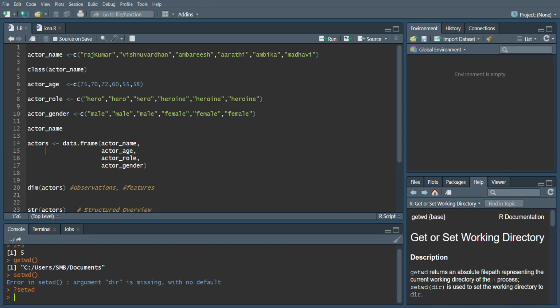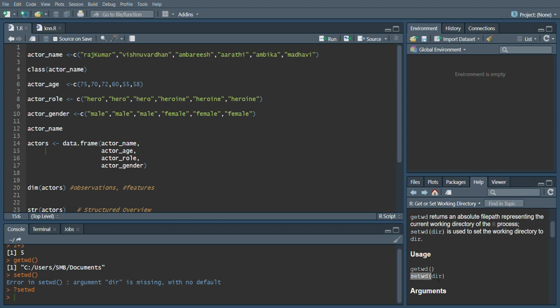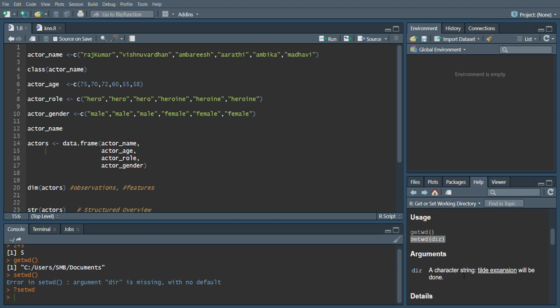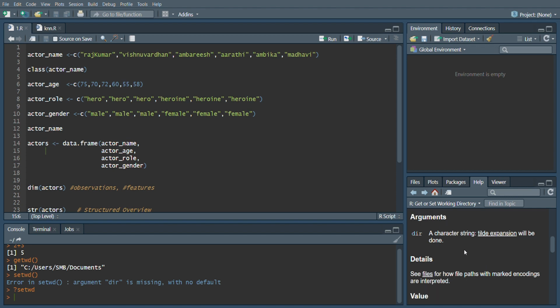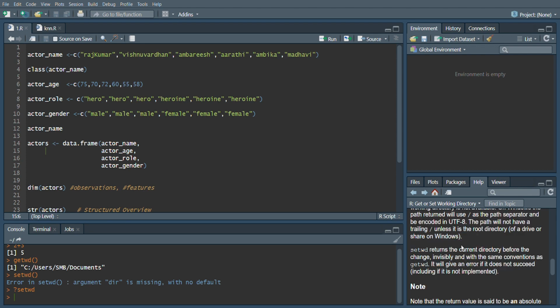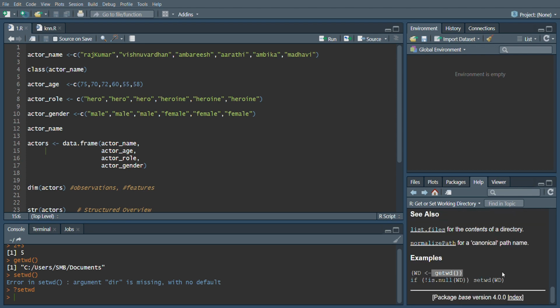So you can see the documentation of the function that you want to get the details of, for example, set working directory in this case, and as I said, it will take one argument where you need to pass the complete path of the directory. And if you see, you will also get one simple example usage of get working directory or set working directory. So similarly, if you want to access any manual or help regarding any function, you just need to start with a question mark, but you don't need to specify the parenthesis. Just a question mark followed by the name of the function.